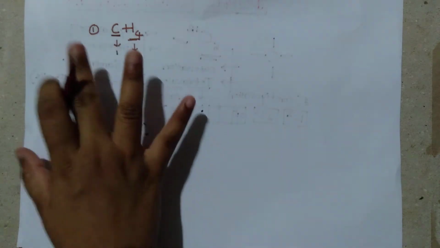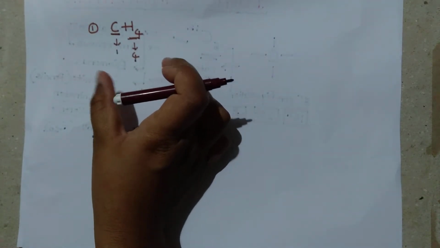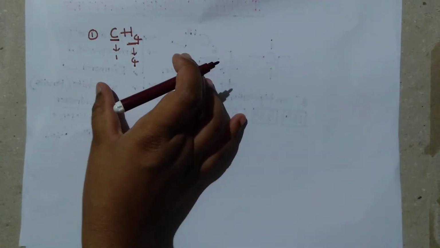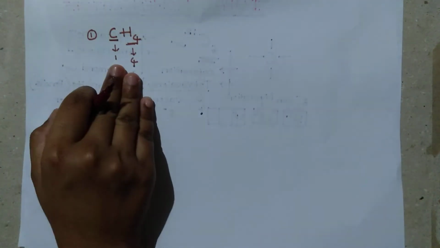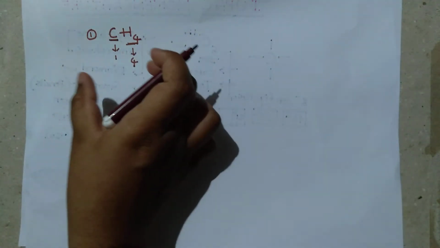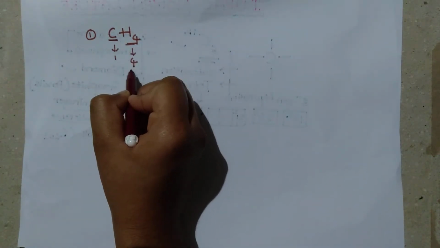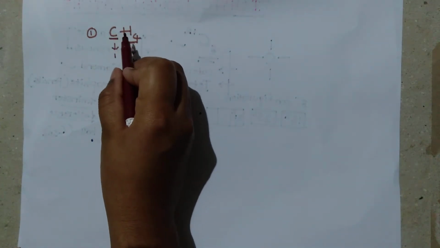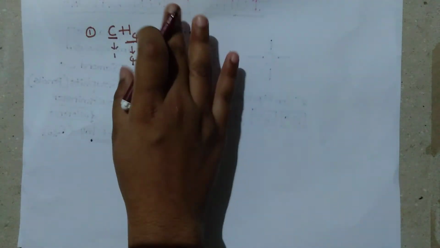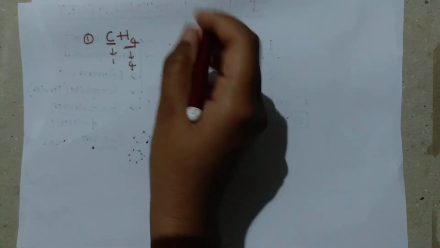Whenever we write the name for an organic compound, we need not consider the hydrogen atoms. We just have to consider how many carbons are present in the given organic compound. In only these types of cases. When we go to long chains, that is completely different. So first, CH4 consists of only one carbon atom and four hydrogen atoms.